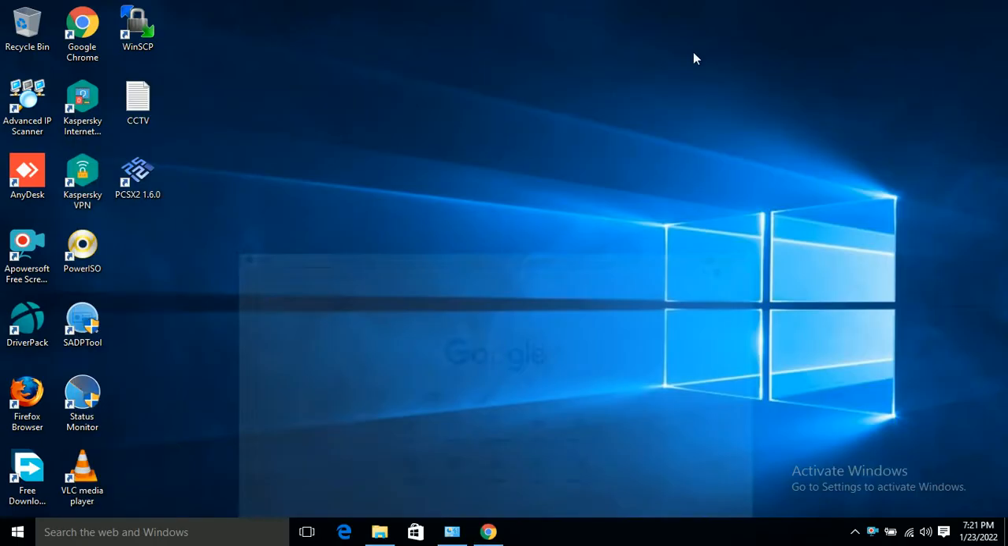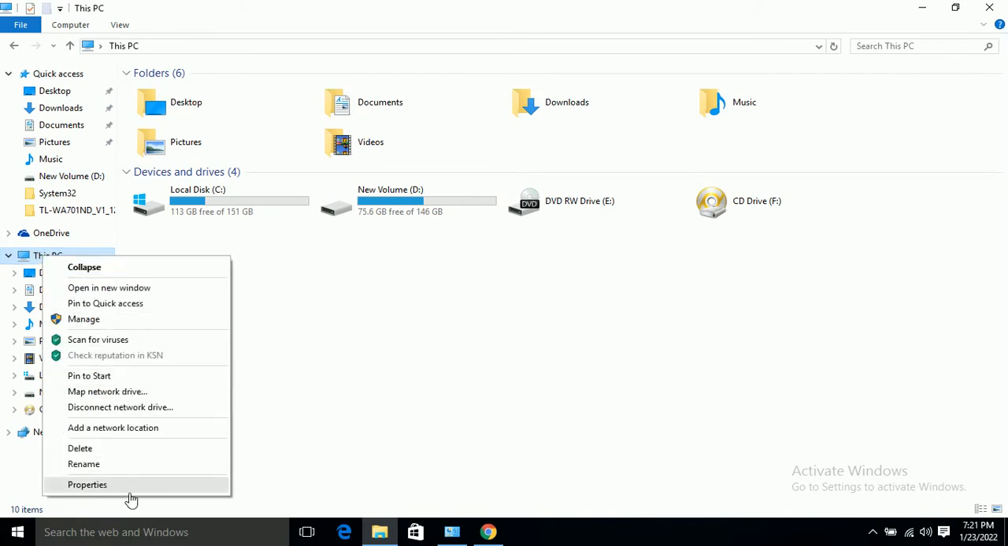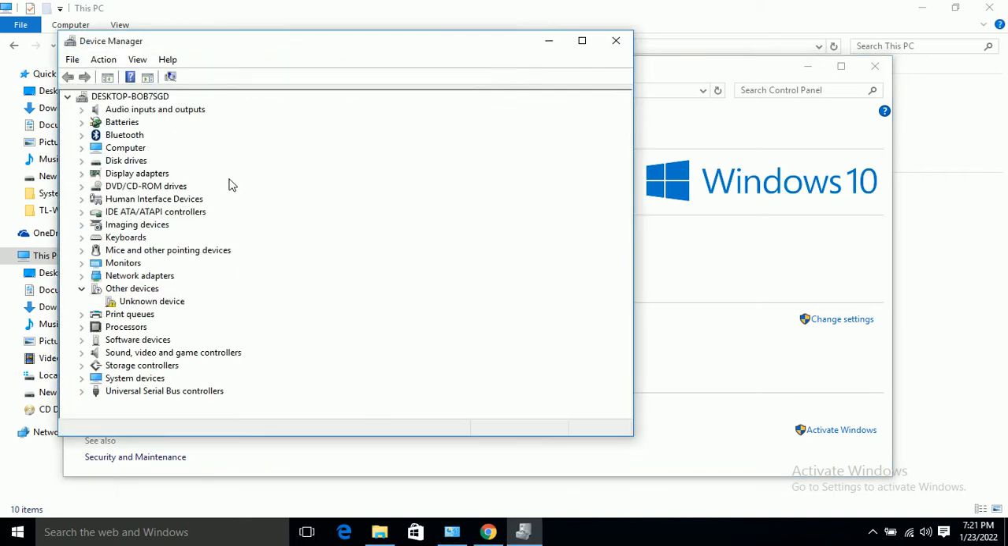First of all, we need to go to Device Manager. Click on This PC, right click on it and go to Properties. Then you will find here, on the left hand side, the Device Manager option. Click on it, and here as you can see there is a driver required, but we don't know which device